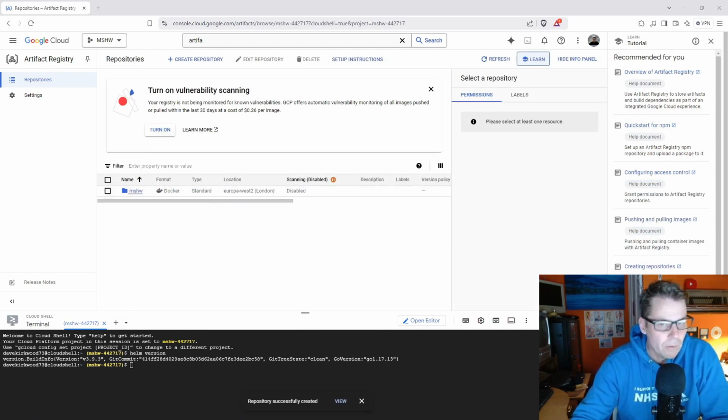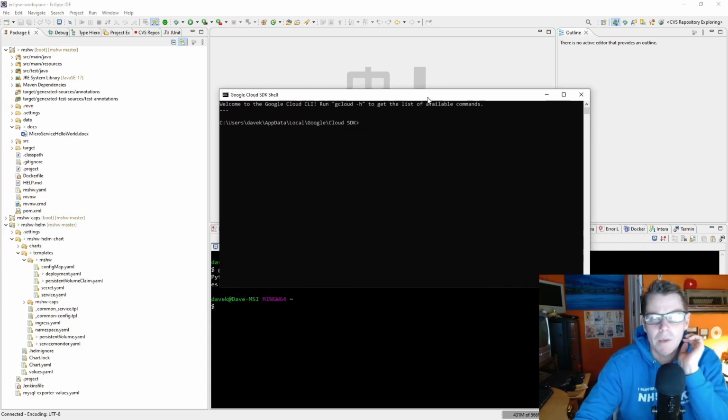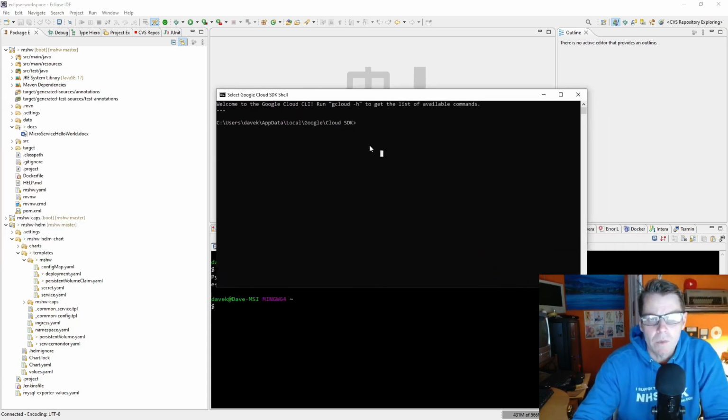Now back to my local machine. Okay, now when you install Python, you get Google Cloud SDK shell installed. We now need to run with this shell. So if you've got Python installed, it should be off your start menu under Google Cloud SDK, and it's the shell in there. Now I need to say gcloud auth login,